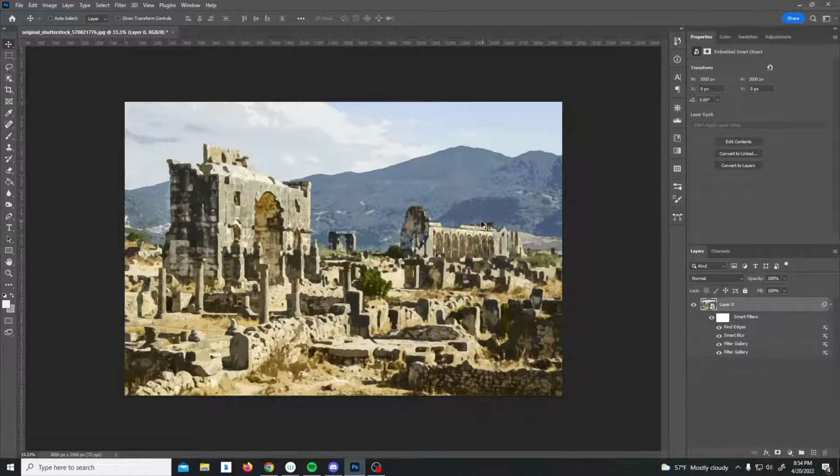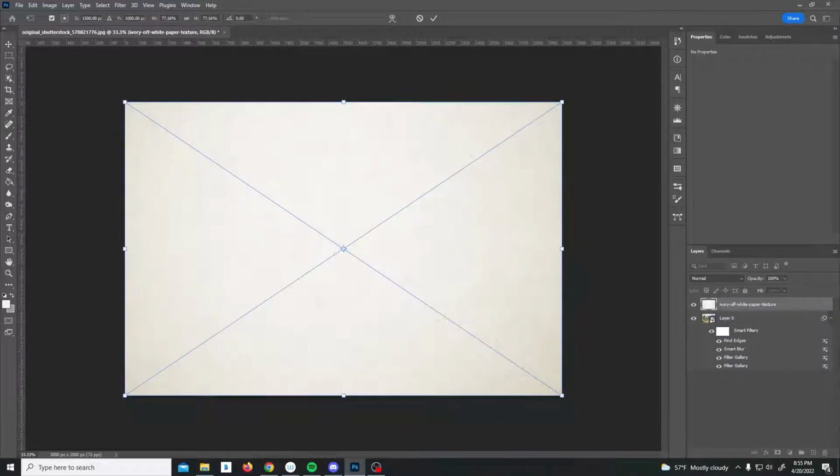Let's see, from there we're going to go ahead and drag in a paper texture that we've gotten off the internet, and you can use any paper texture. Anything that looks kind of like watercolor paper will work. Alright, go ahead and click enter,